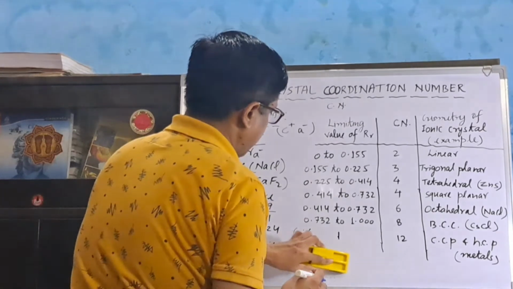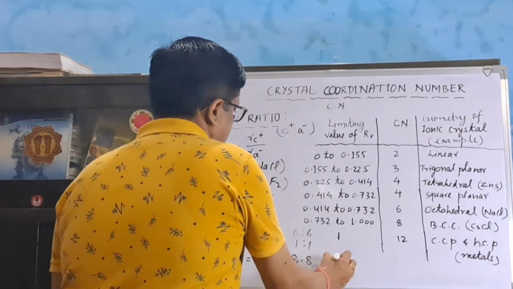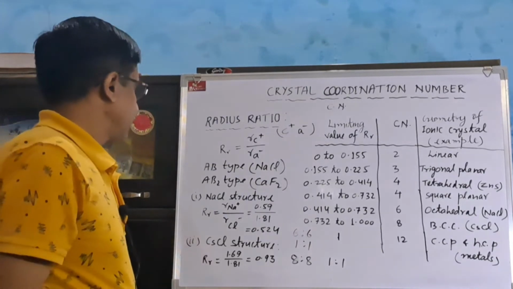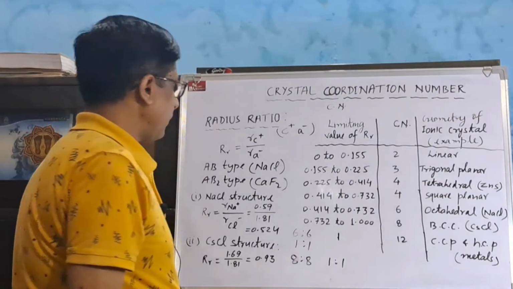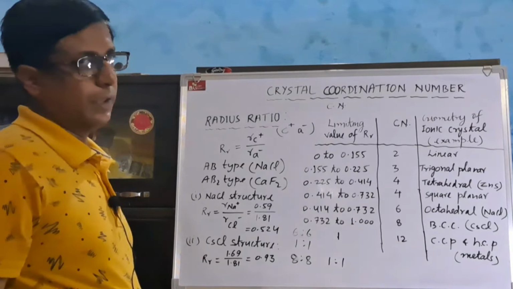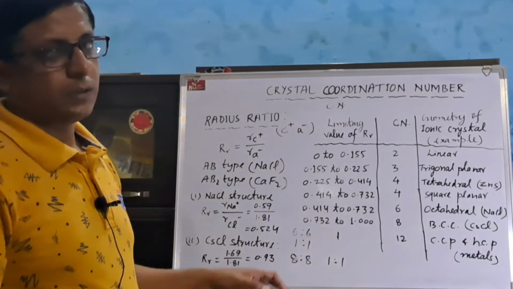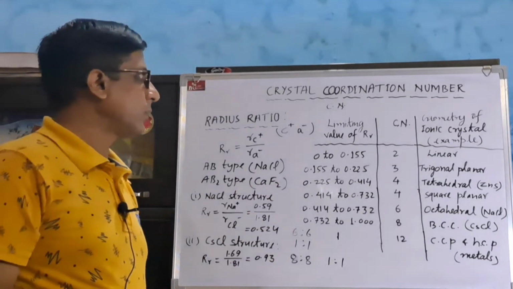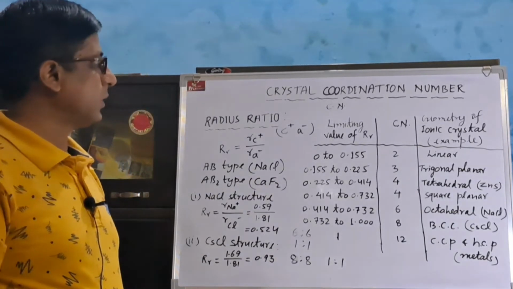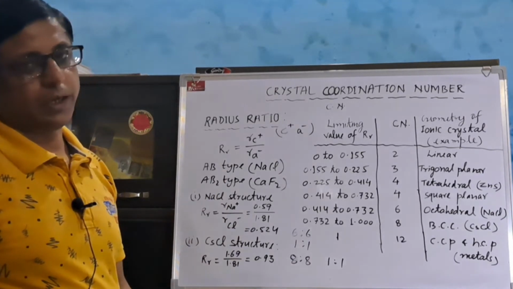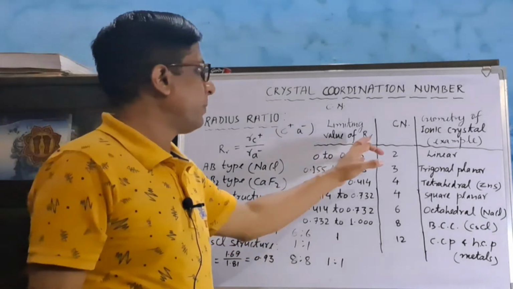In the case of sodium chloride, each sodium ion is surrounded by 6 equidistant chloride ions. So today I have discussed crystal coordination number, the radius ratio rule, and